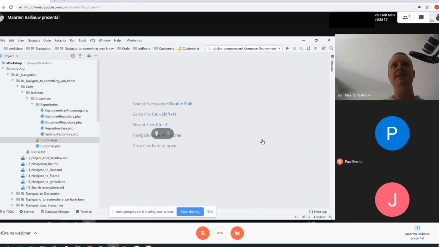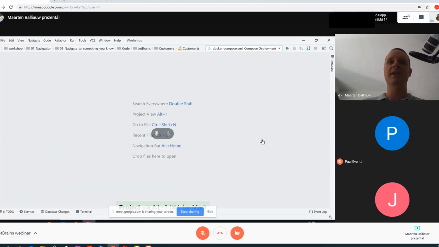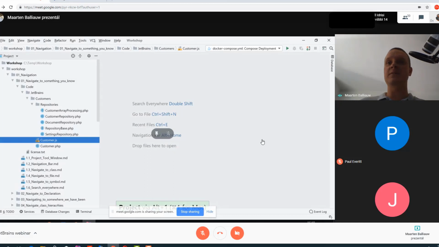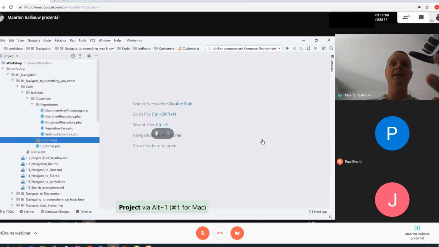Now, before we dive into the editor, I quickly want to highlight the fact that PhpStorm and WebStorm and so on are very keyboard focused. So there are a lot of shortcuts that you can use to navigate around in the IDE through your code base, but also to different functionalities in the IDE. So for example, when I want to highlight my project tool window, I can do Alt-1 on Windows, and you will see that I will be focusing that one. Let's maybe hide that one so you can also see the shortcuts. So even if this is not visible, I can simply press Alt-1 or Command-1 on Mac, and you will see that this thing is there.